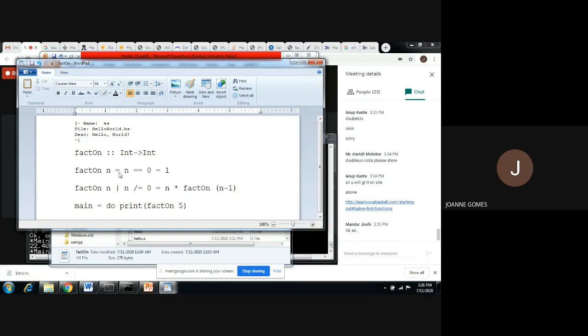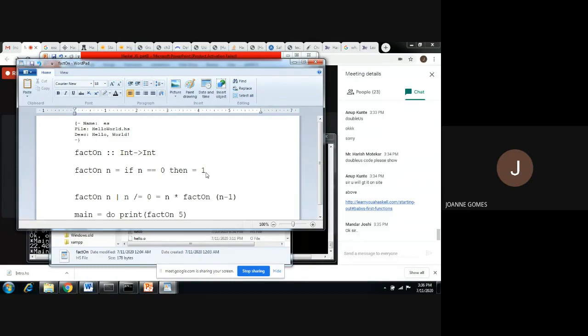I can also write here, I'll just change the syntax a little, I won't save it. We can use an if statement here. So factorial of number n, n is the argument to this function. If n equal to 0, then the value of the function should be equal to 1, right? And then I write else.